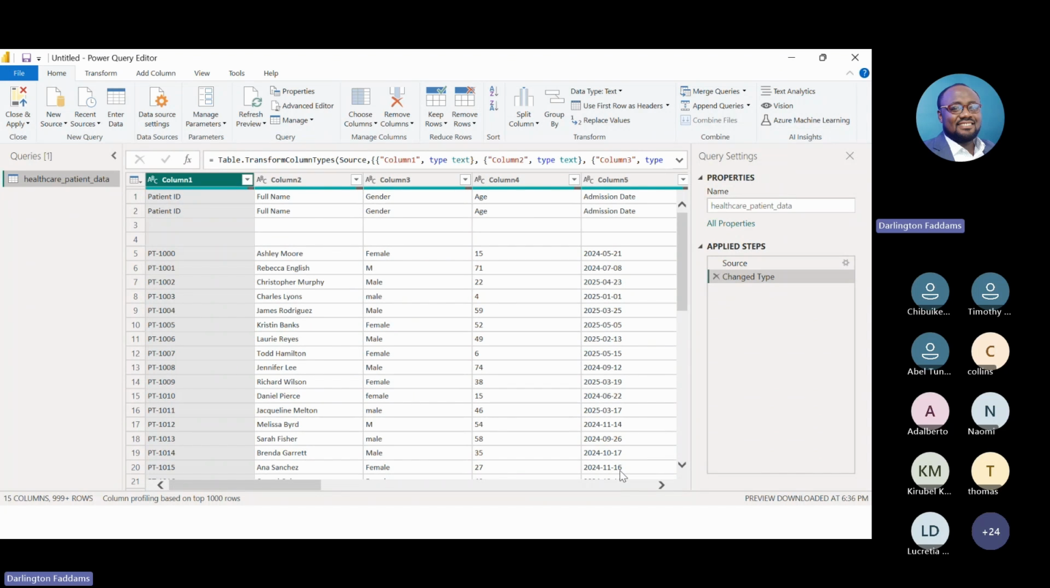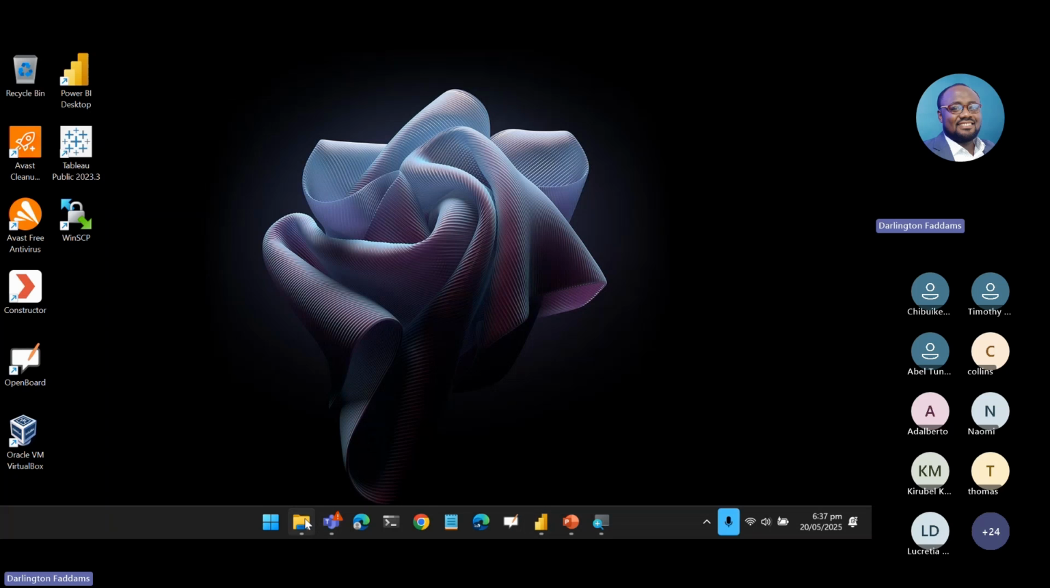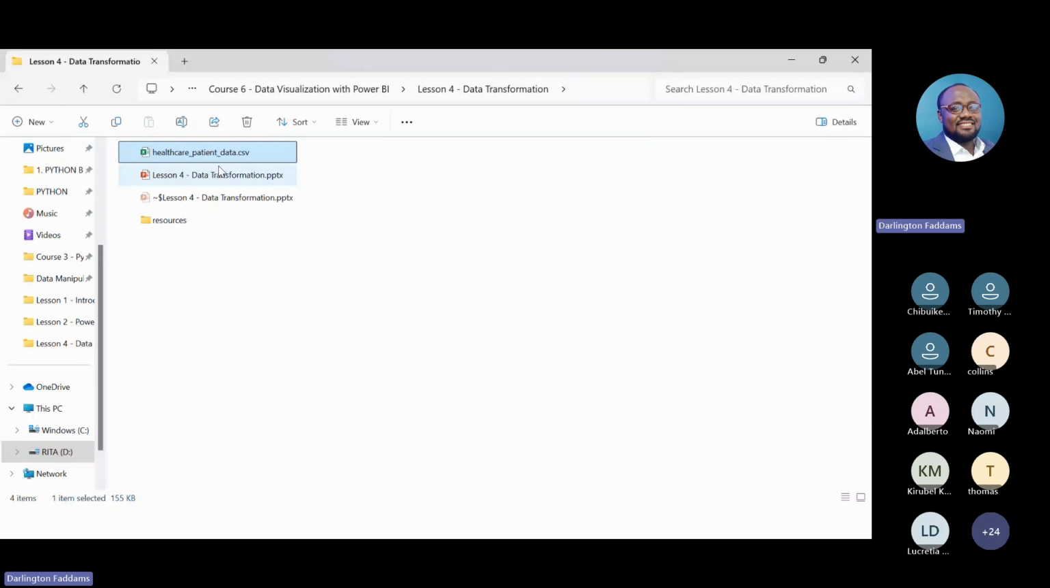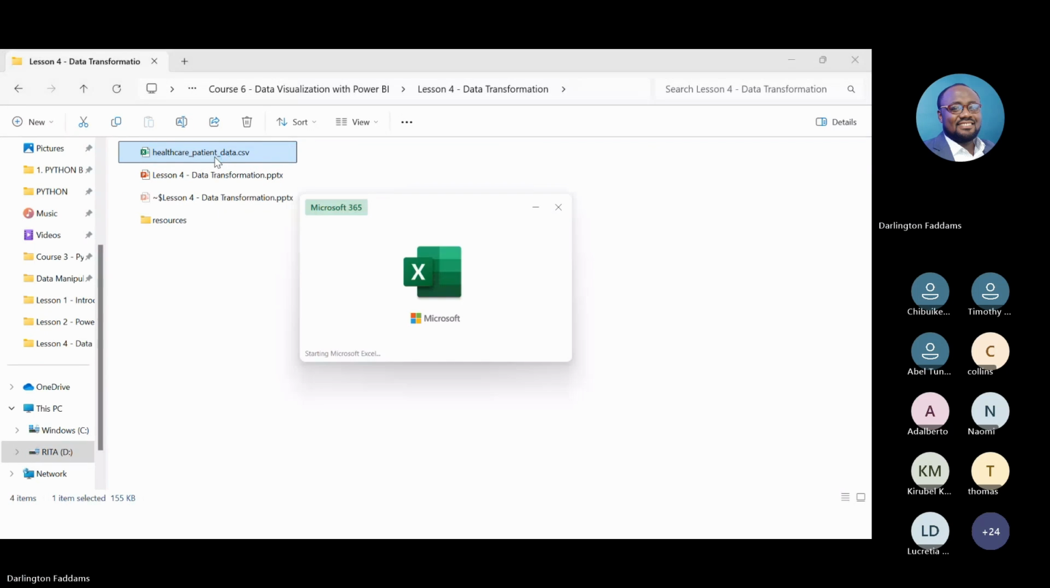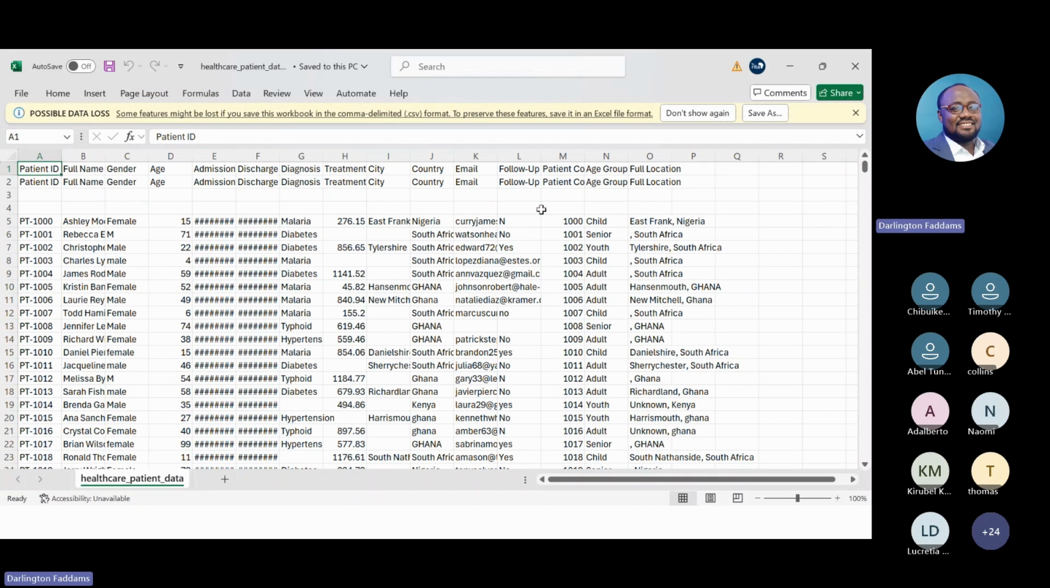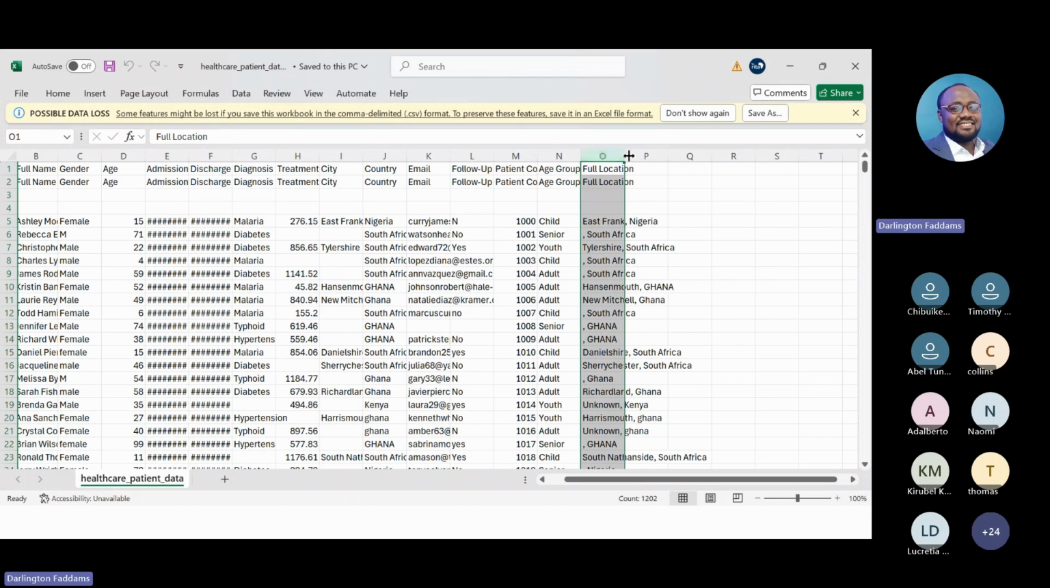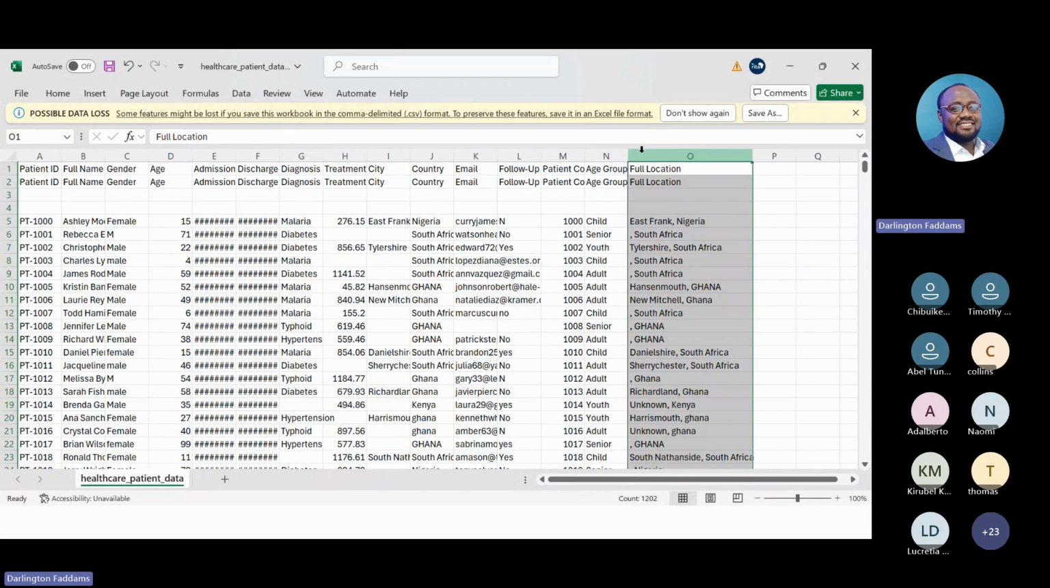Let me go back and open it in Excel again. And over here, we can see that we have up to O. And who can tell me what O represents in terms of number? If A is 1 and B is 2, this will tell us the number of columns. And if you check the number of rows,